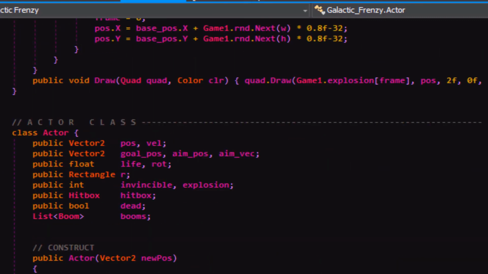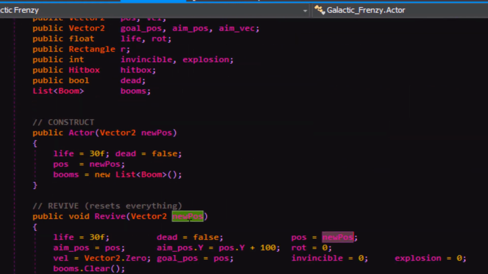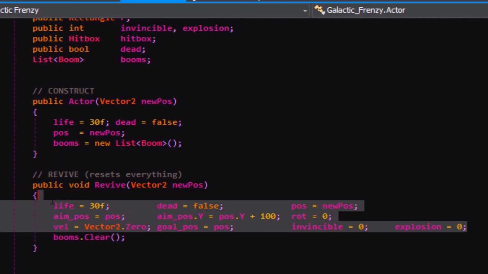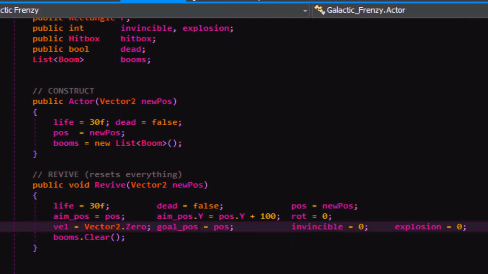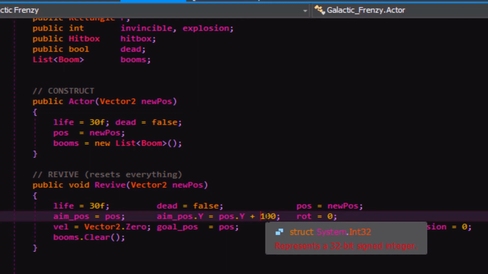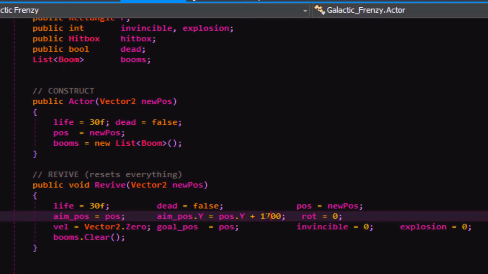So basically I just went through the checklist of everything that's here, reset the explosions to be cleared, and made sure everything's where it should be. The goal position is kind of lined up with the character. The aim position is somewhere down below the character at first. I mean, we could even set this to 700 or whatever. Yeah, I have the aim position being the same as the character's position, so it doesn't really matter at first. That first boss action is going to determine the aim position right away anyhow.